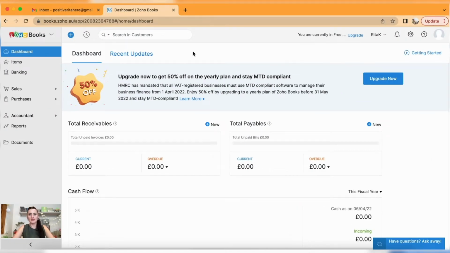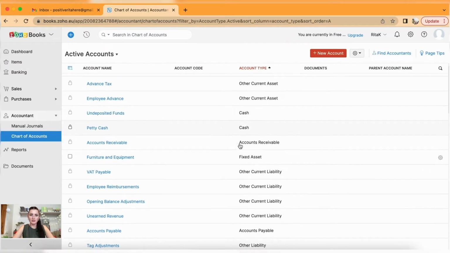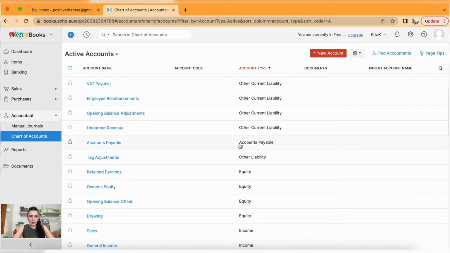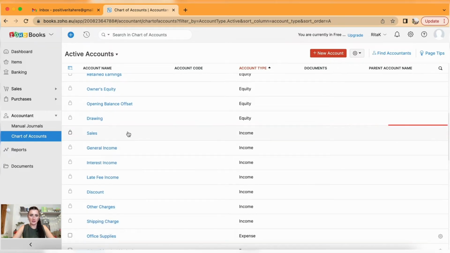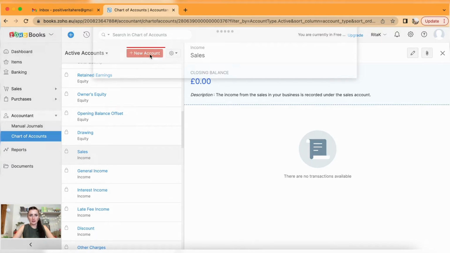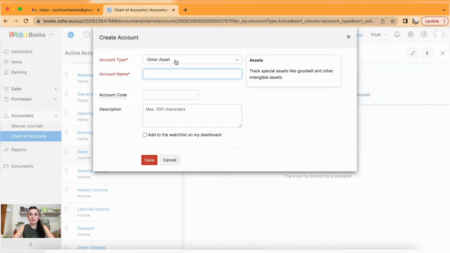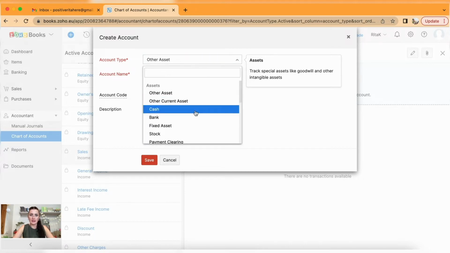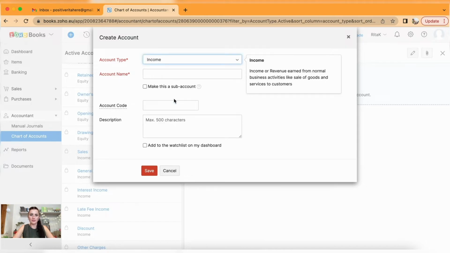To add the different income streams, the same would apply to different, for example, costs of sales. If you would like to change, we would need to go to Accountant and search Chart of Accounts. To add a new revenue stream, I need to find the sales section, and sales is here. Okay? To add a new account, click on New Account, and I would need to firstly select an account type. In my case, it will be not liability, not equity, it will be income. Okay? Account name, I will have